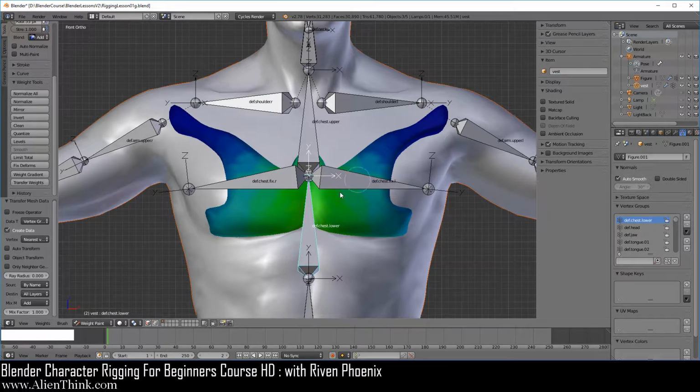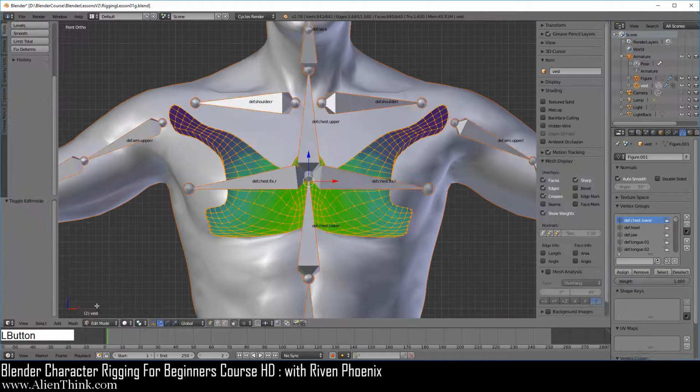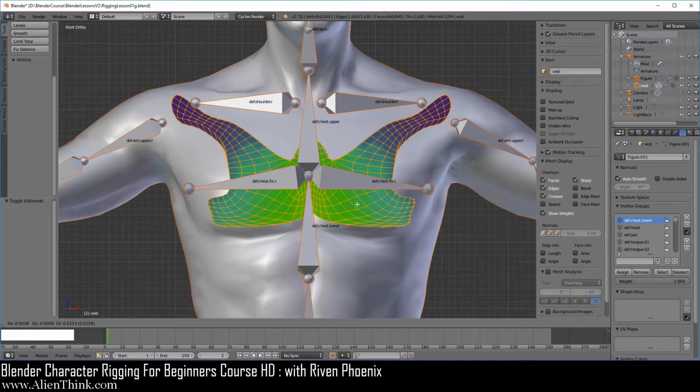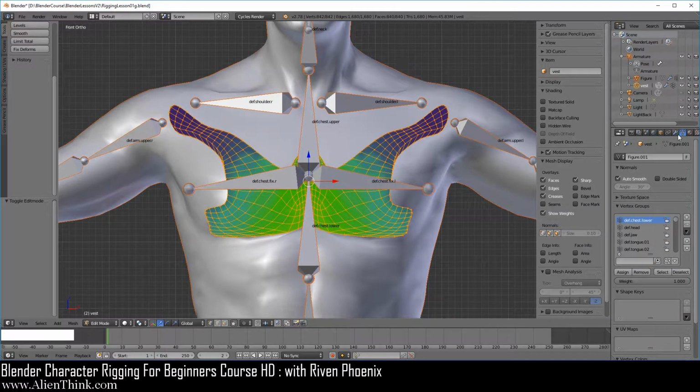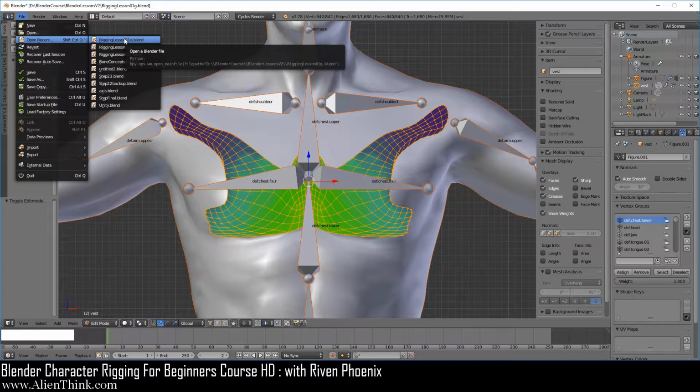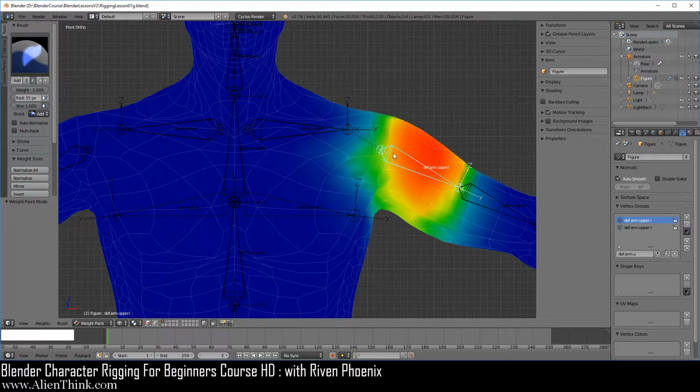But when you use the modifier, you can actually go under edit mode over here. Now when we press the G key to move this, you'll see that the vertex groups don't change. But with that modifier, you can actually see how the projection system is working. And that's basically how this concept is working. Go ahead and just reload this file. And that's it. We've now covered everything that has to do with Weight Paint.